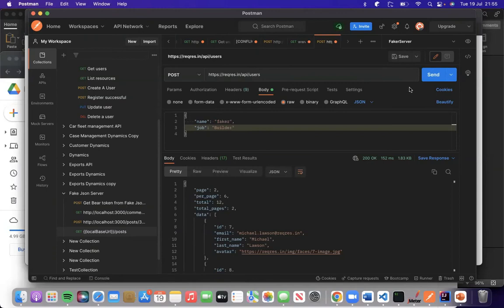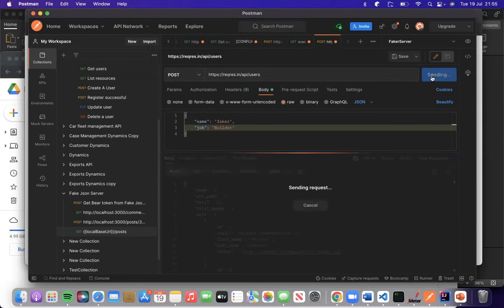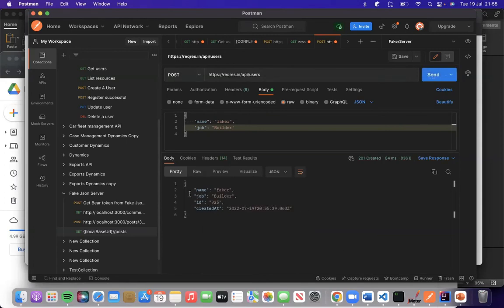All right. So if I click on it, so if I want to create it, I can just place. So when you are creating something, you use a post. When you are asking for something, you use a get. Yeah. So now it has said, okay, a new resource has been created called Faker with the job builder with